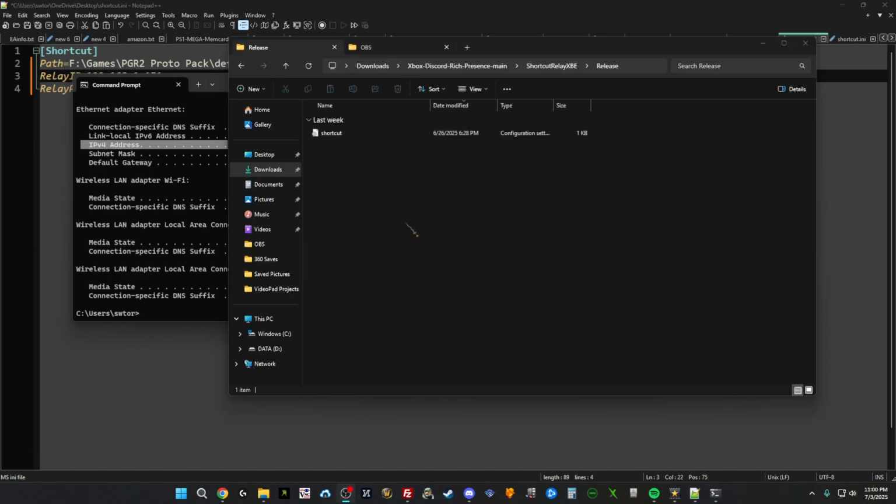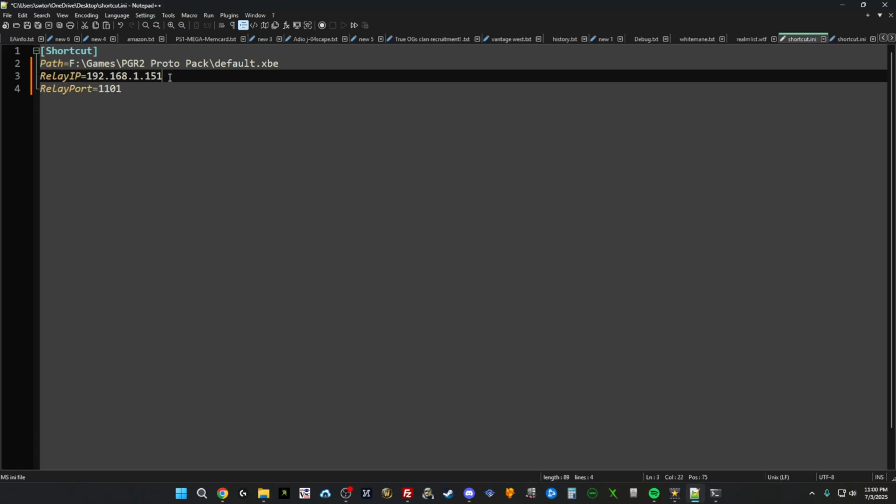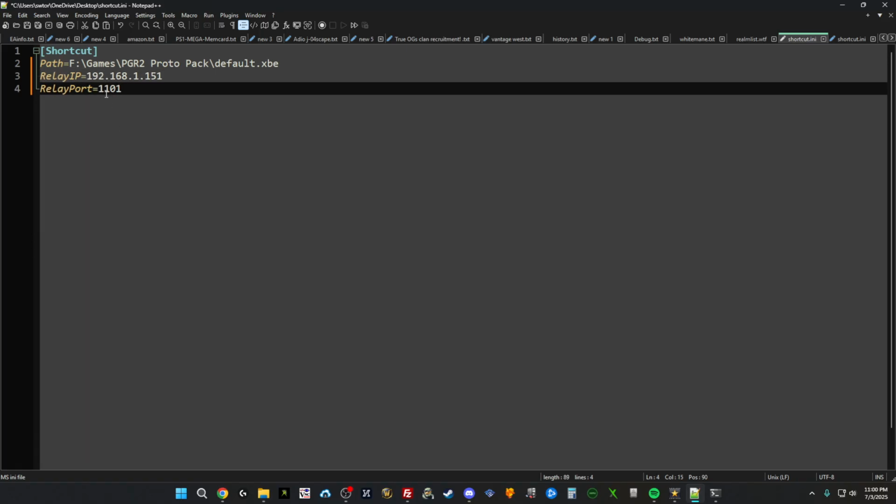For the sake of this video, I have covered up my actual IPv4, but it'll be this line right here that I've highlighted. Once you copy that specific number into this part right here, make sure the bottom part says 1101. That's the relay port you need for WebSocket for your PC. Save it, and then once you're done saving it,